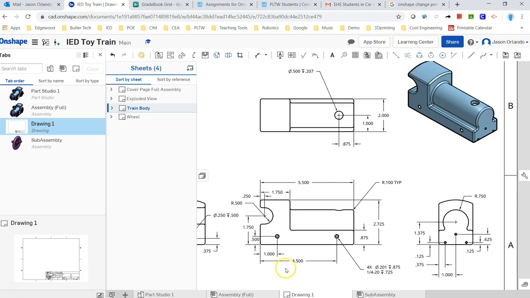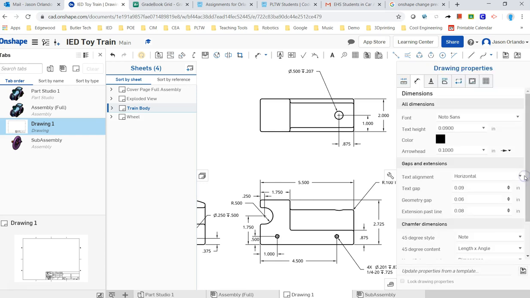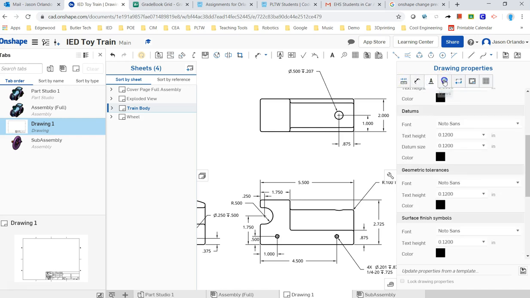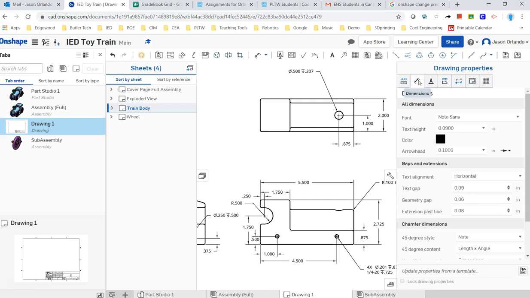Hey guys, I'm going to show you a few things that allow you to edit dimensions in your Onshape drawing sheet. So first off, over here on the right, there's this little wrench button. If you press that, it brings you into the Drawing Properties panel. You have all these tabs up above for menus, and inside here you can go and change, let's say, the